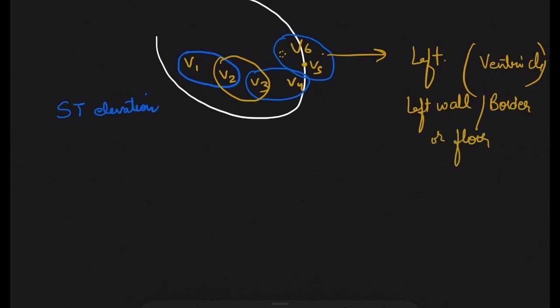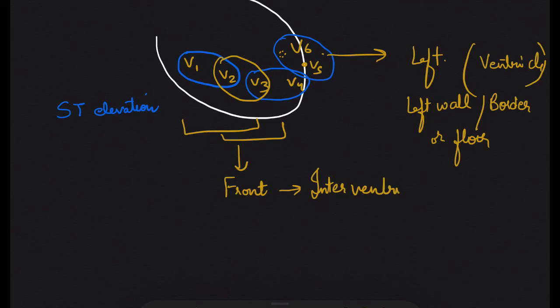Now if we consider others like V1, V2 or V2, V3, these are just above. You place these in front, that is on the anterior wall of the heart. So any infarct in the anterior wall, that is the right ventricle's anterior wall or interventricular septum, the ST elevation you will see in V1, V2, V3. And as it moves towards the lateral side, we will see it in V4 and V5.